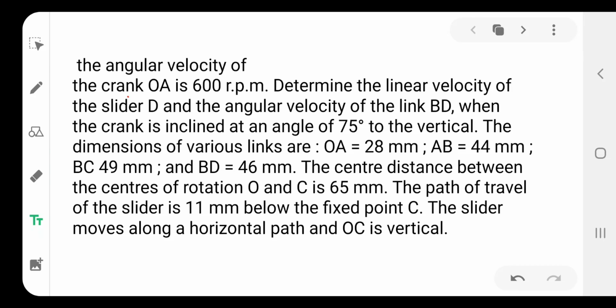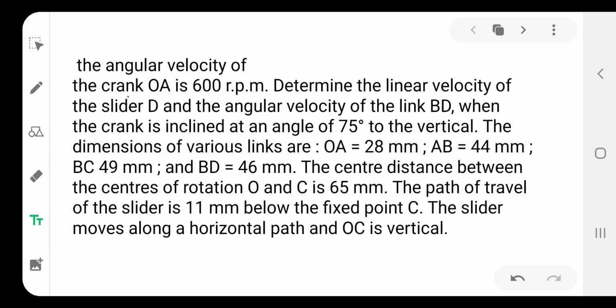Hello student, in this problem, the angular velocity of the crank OA is 600 rpm. Determine the linear velocity of slider D and angular velocity of link BD. When the crank is inclined at an angle of 75 degrees to the vertical, the dimensions of various links are